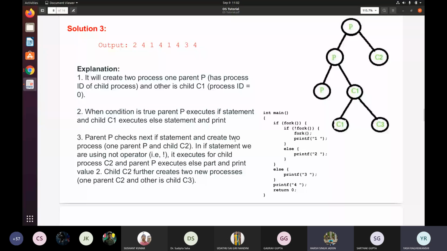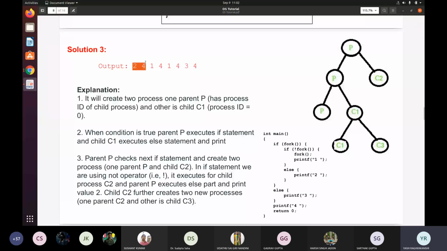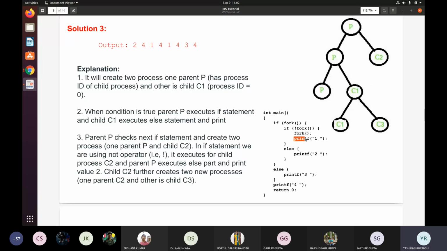Output could be anything. Like 2 4 1 4 1 4, suppose for each process the output will be anything, it is not necessary that it will be the same thing. Okay, so